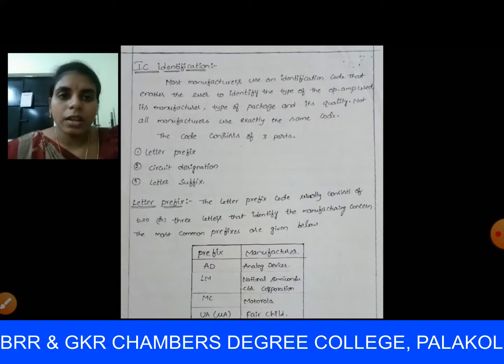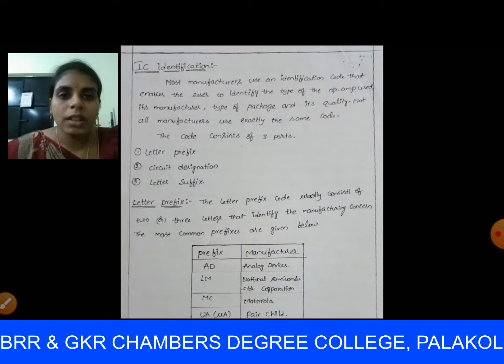We previously discussed that the voltage amplifier is represented with the code IC741. Here IC741 is a code for the identification of a voltage amplifier. Different codes are used for different purposes and different manufacturers. Different manufacturers produce different codes for identifying the integrated circuit. Not all manufacturers produce the same code. Here different codes are available.